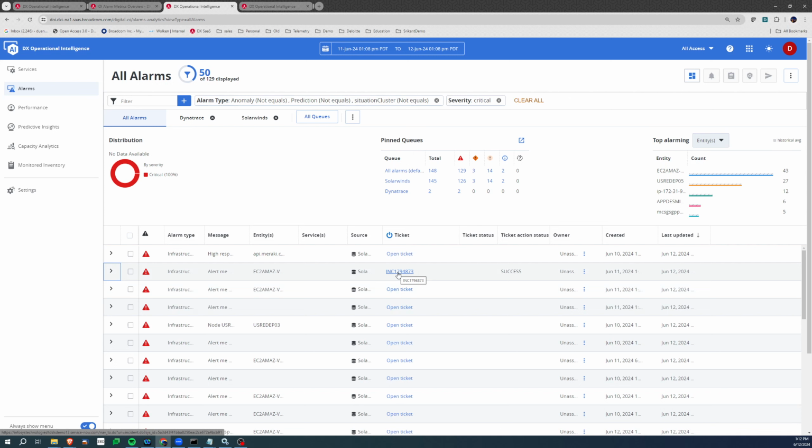I'll be able to click on this and log into the service desk system and update the ticket and so forth. All right, so that's a quick demo of